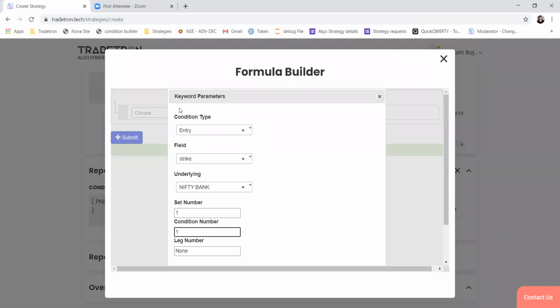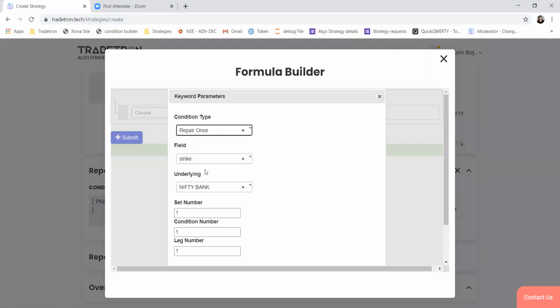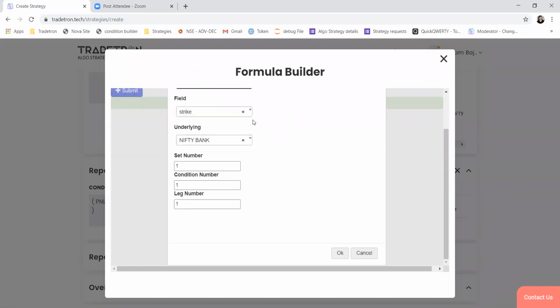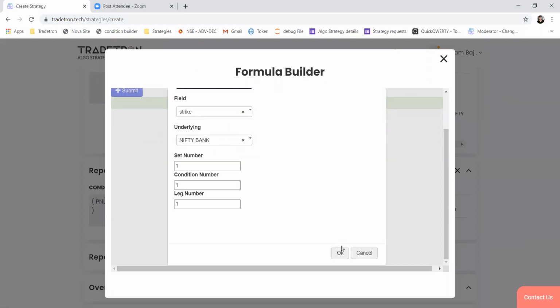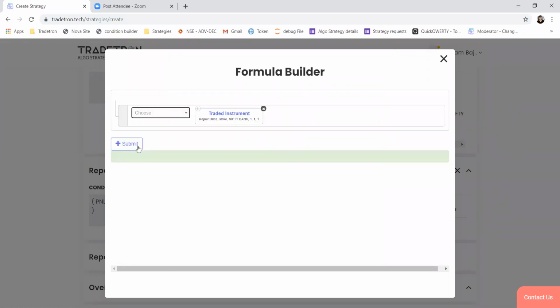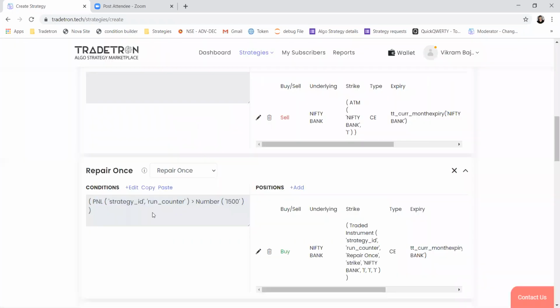We'll set condition one, leg one, and the condition type is repair once, because the short leg is being created through a repair once condition. So when my PNL goes above this target profit, it should buy the short call leg.